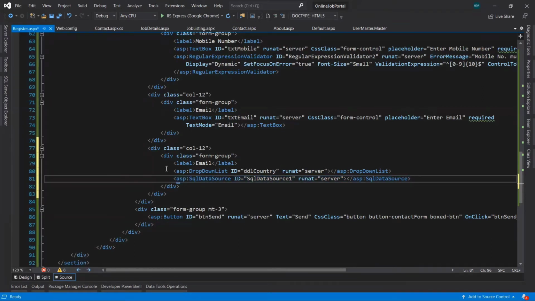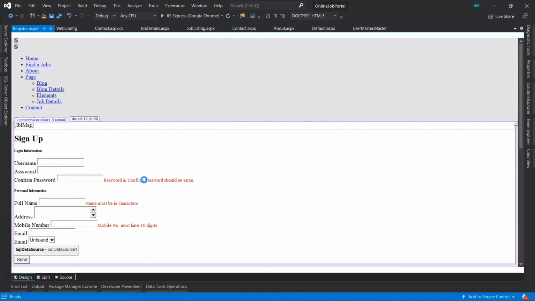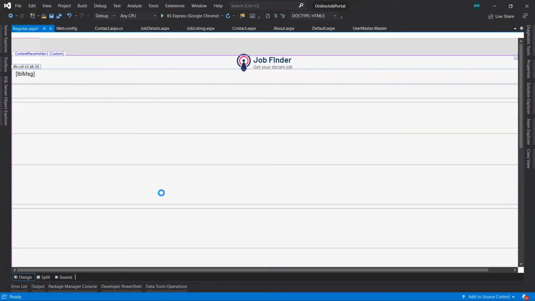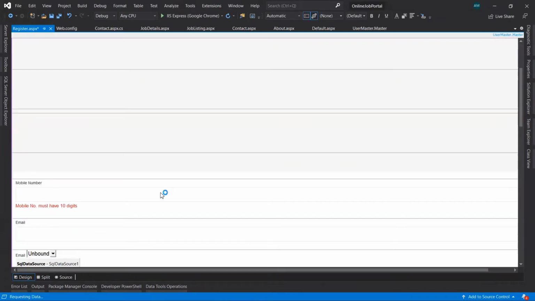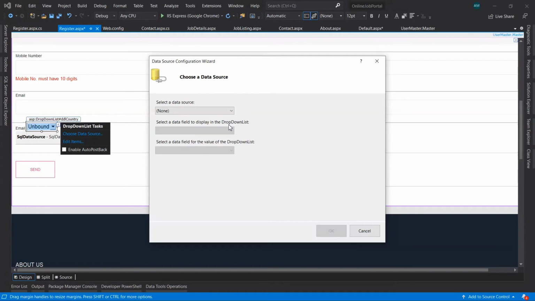Now let's go to the design page. Here choose data source, that is SQL data source 1. Go to configure data source.